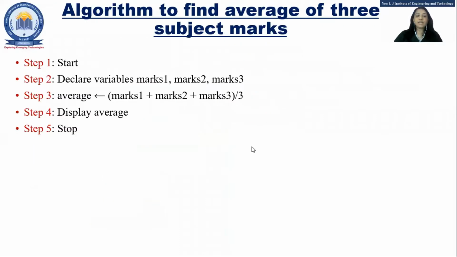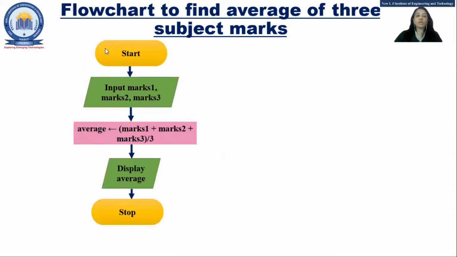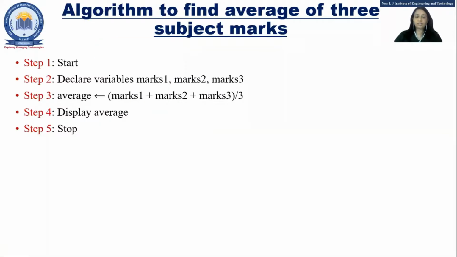Now, another we have seen, that is the average of marks of 3 students, right? And this is the last reminder to all of you. Just join in the format. Dhruvil Shah, you have not joined in the format. Your roll number underscore D3 underscore first name, last name, right? Otherwise, you will be marked as absent from now onwards. Okay, no reminder will be given for joining in the format. Fine. So this is marks 1, marks 2, marks 3, divide by 3. So it is nothing but the average. This is the algorithm for that one.